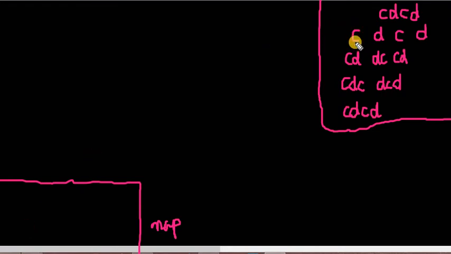Let's say we come across C, so we'll store C here as the key with its value. So this will be a key value pair. After that we encounter D, so D will again store 1. Again we come to C, so let's increment C again, so this will be 2. Similarly for D, the value would be increased.